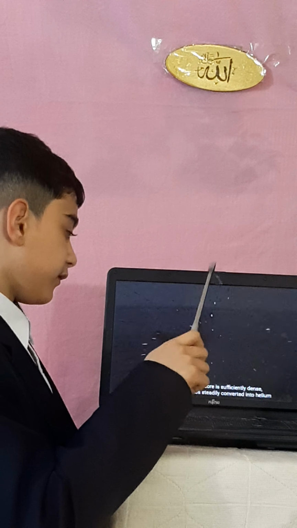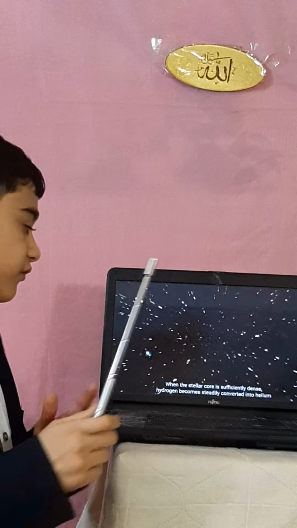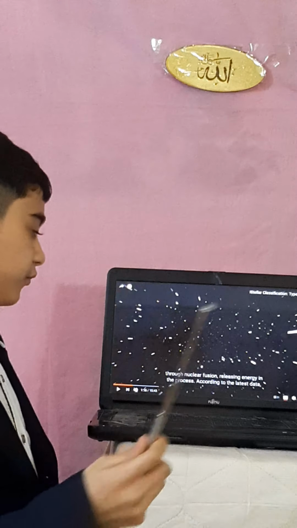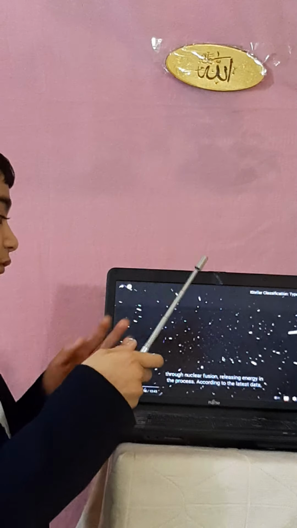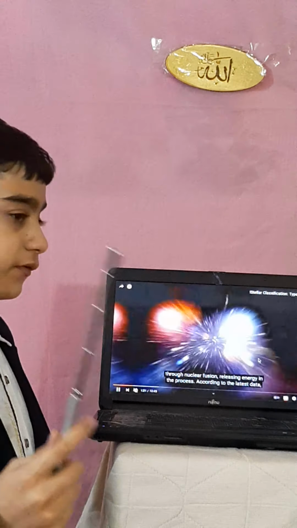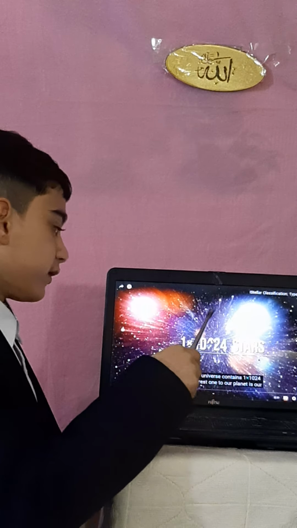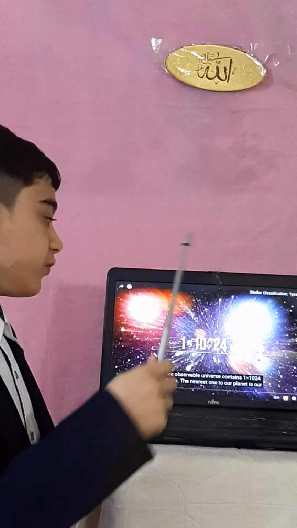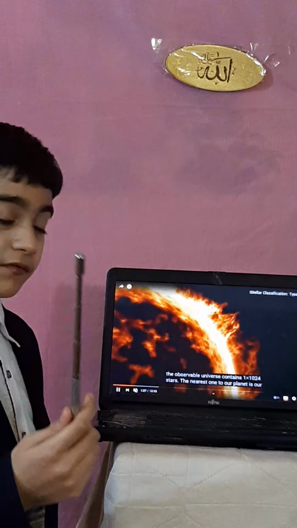When the stellar core is sufficiently dense, hydrogen becomes steadily fused through nuclear fusion, releasing energy in the process. That process is called thermonuclear fusion. And the observable universe contains 1 times 10 to the power of 24 stars. The nearest one to our planet is